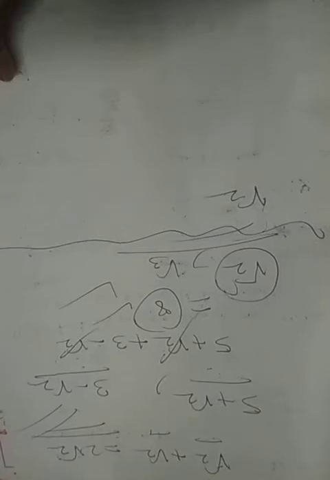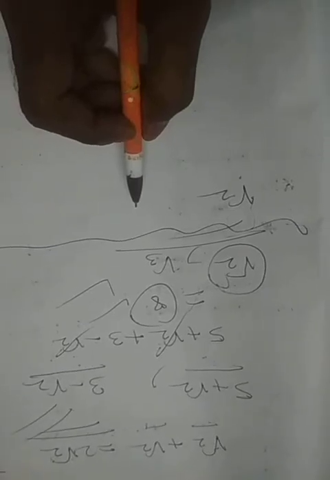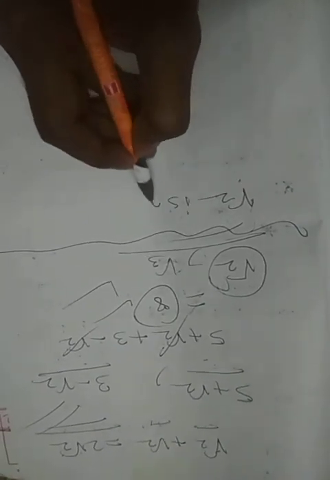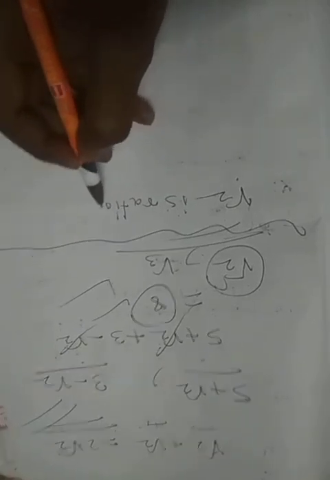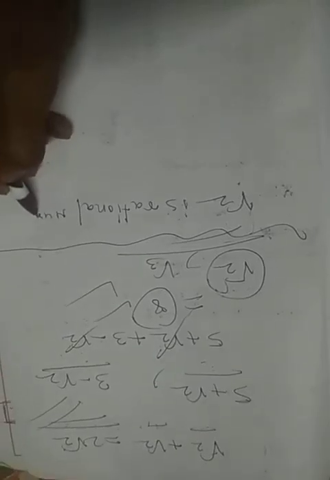Prove that. Like root 2 is an irrational number. Prove that. For proving that, there are some fixed steps. If you are able to remember the steps, you can solve the math. Like I have to prove root 2 is an irrational number. For that, first I am assuming that root 2 is a rational number.